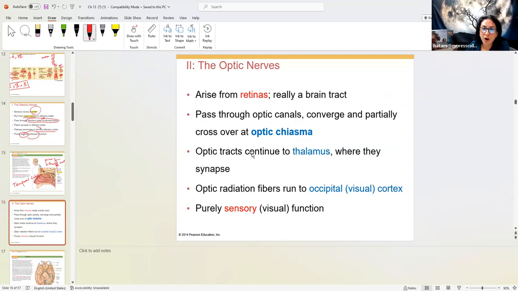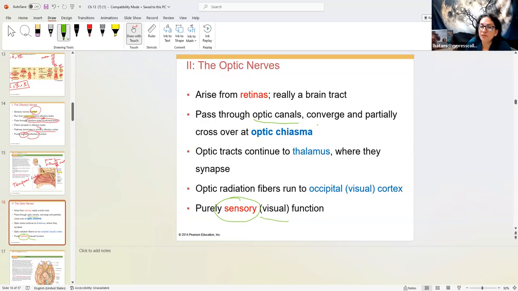So then we have the optic nerve, or cranial nerve number 2. It's also purely sensory and it's related to vision. So it means this sensory information comes from our eyes to the brain. In our eye, the inner layer of the eyeball is called the retina. The retina has photoreceptors. These receptors are sensory neurons sensitive to vision, to light, and they collect the information, and then the fibers of the optic nerve pass through the optic canal of the sphenoid bone,